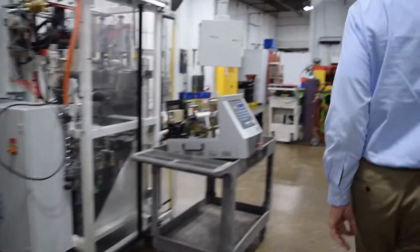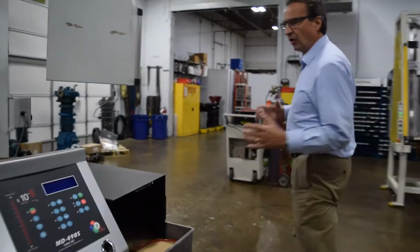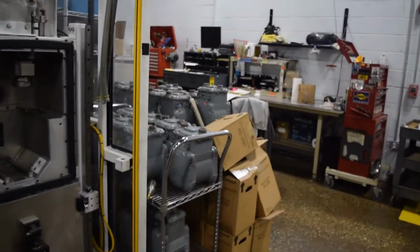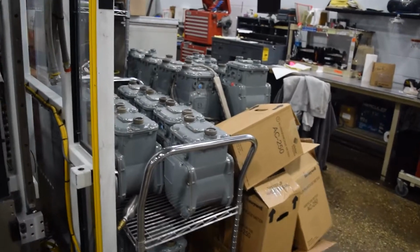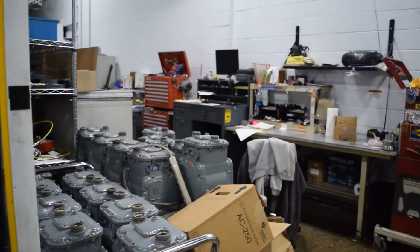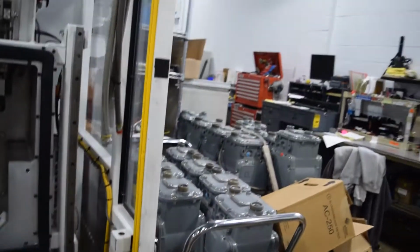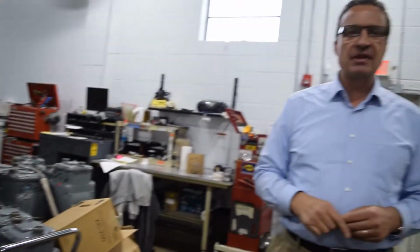Over here is an example of some of the diversity of the type of vacuum testing that we do. So over here you can actually see us testing gas systems. So in this case, gas is coming in, and when you think about this, the failure rate needs to be extremely low. Because even if there's just 1 out of 1,000 or 1 out of 10,000, it could be a real problem for